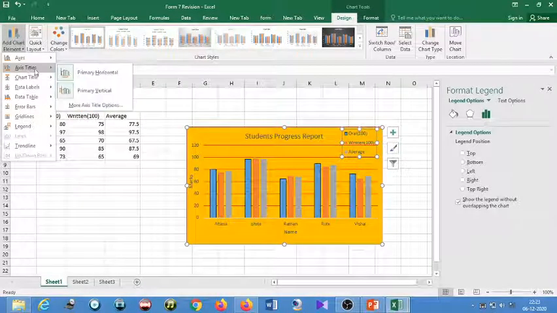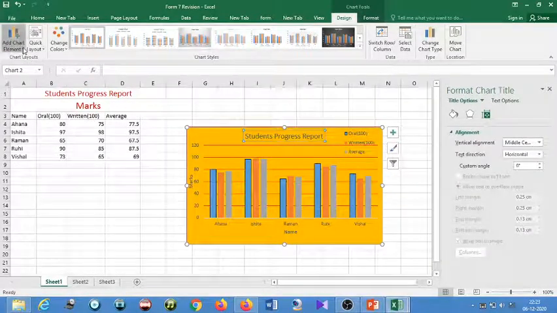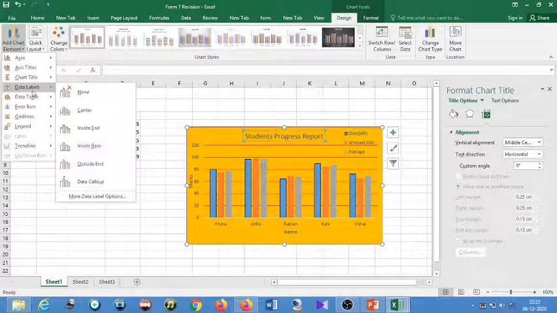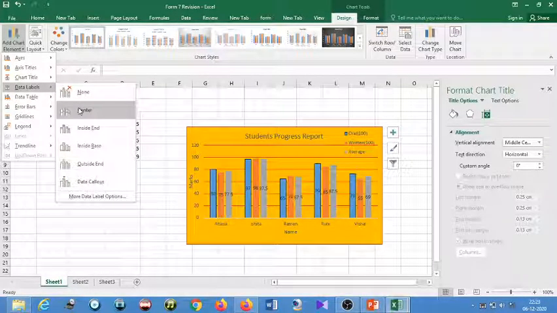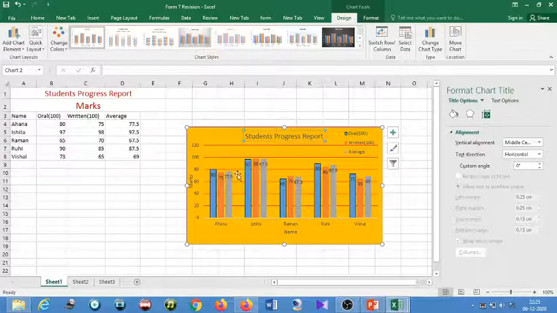If you want to change the axis titles, then you can change them from here. Okay, and then the chart title, from here you can make the chart title. Then data labels, yes, if you want to show data labels, just see here, I just move my cursor, you can see here students, look at here, these are the data labels.